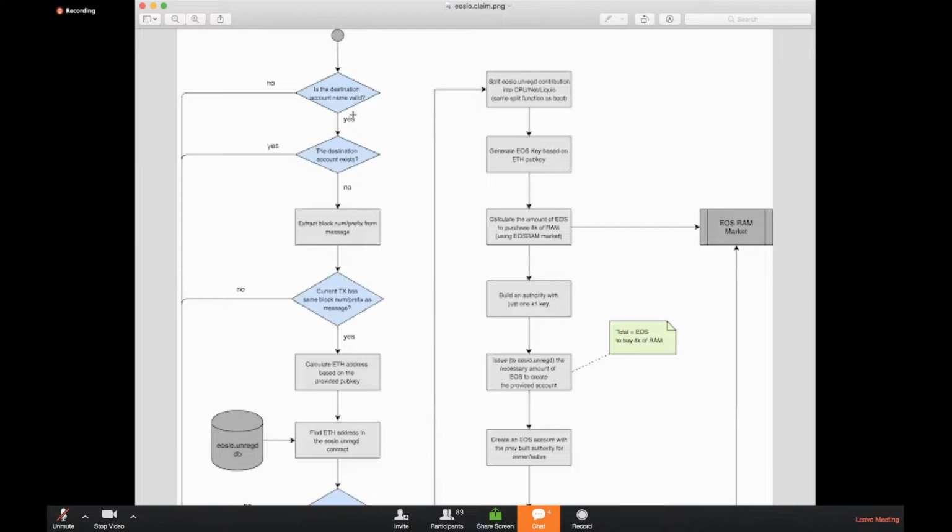So kudos to them. Essentially, they managed to get everything on chain. The input parameters are the Ethereum public address, the account name, and so on. Then the system automatically moves all the tokens to that account name.